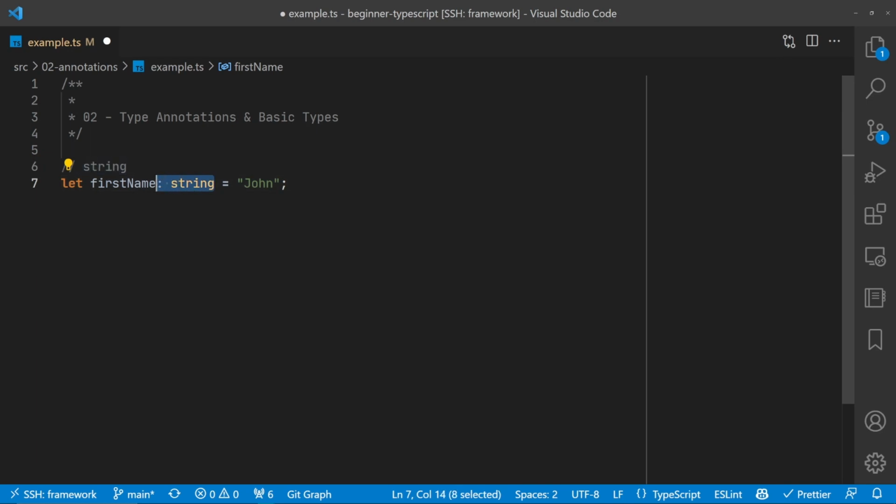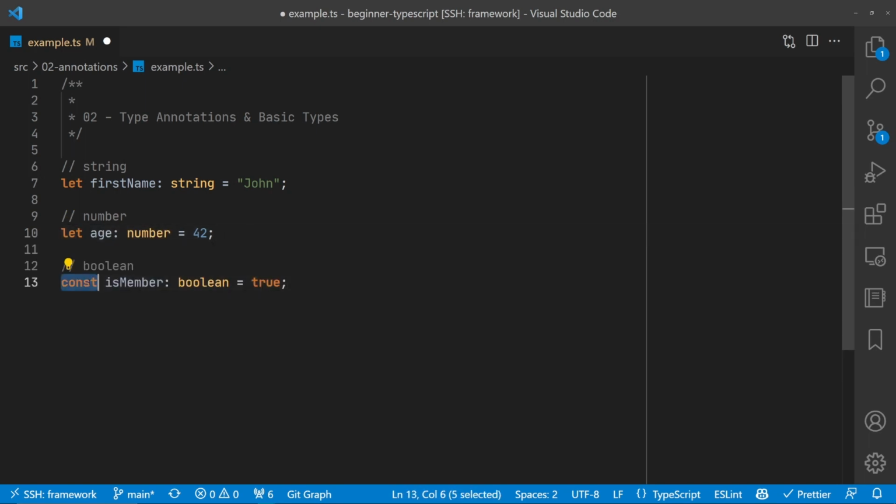And we want to point out that this is the TypeScript part. This type annotation here after the colon. So this is the part that is not part of JavaScript. And if you hover over the variable in VS Code, you will see that it is also included in this little tooltip right here. Let's go ahead and introduce other types we might be familiar with, introducing numbers, and we'll